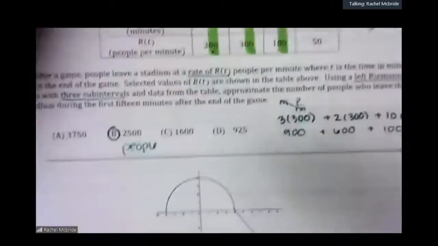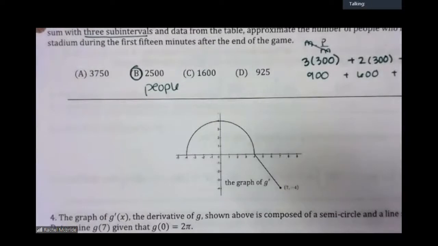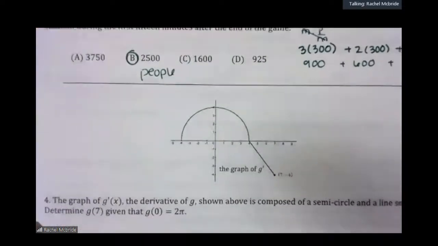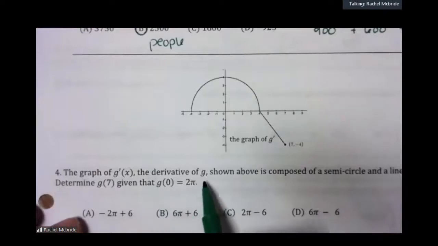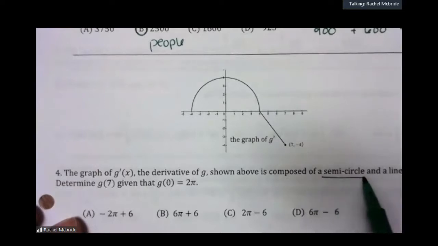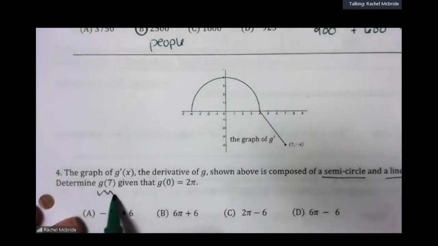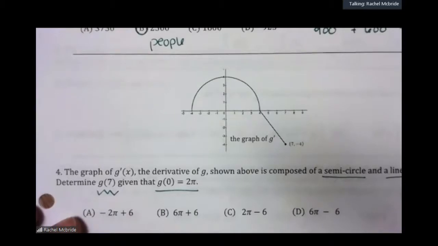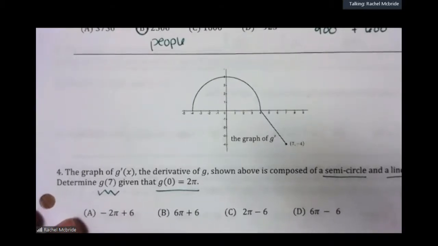Number 4. The graph of g prime, the derivative of g, is shown above. It is composed of a semicircle and a line segment. Determine g of 7 given g of 0 equals 2 pi. So this is an FTC problem where you have an initial condition and then you're trying to use the area to find the remaining point. So if I am looking for g of 7,